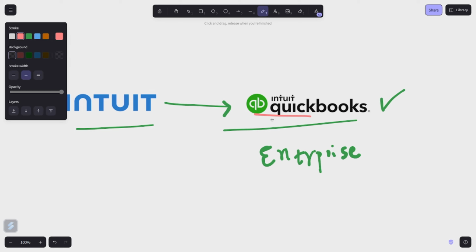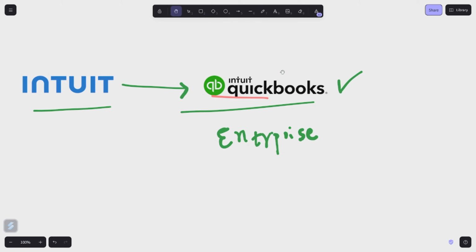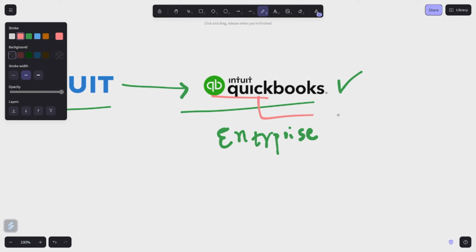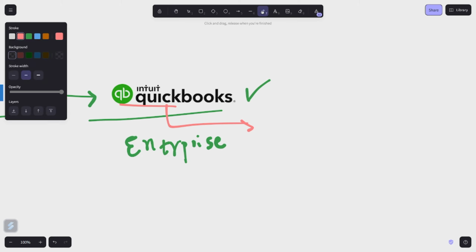The basic features QuickBooks provides are very simple, and there are two ways to use QuickBooks. Either a developer can make an interface using the Intuit API, or it can be done by directly integrating with clicks.